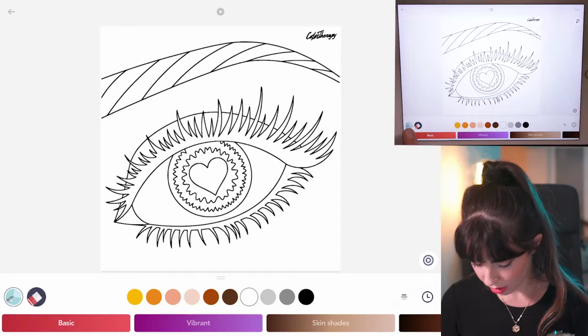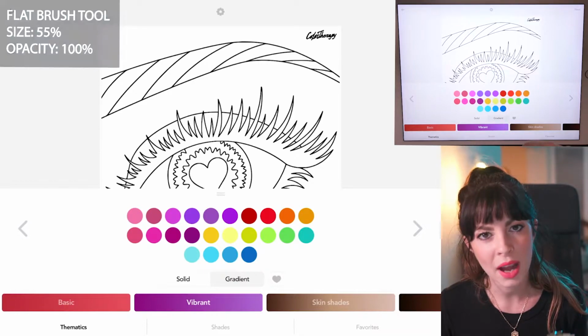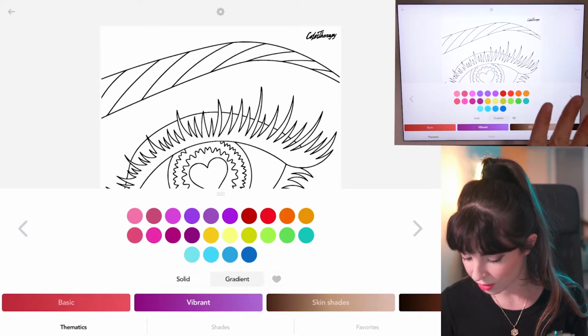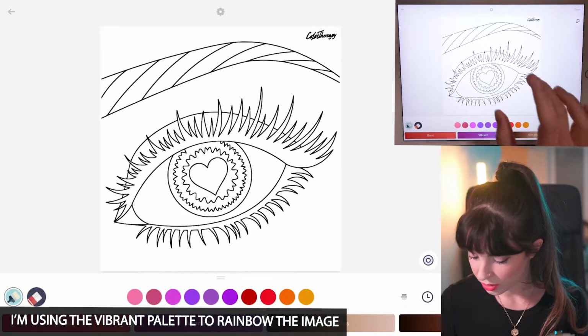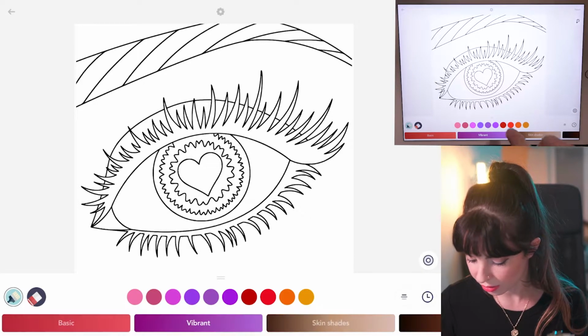So let's start off with the flat brush tool. Let's do size 55 and opacity at 100. Then I'm going to be using the Vibrant palette. I like this palette because it's kind of just a rainbow of colors. So it's actually pretty simple. Let's just make sure that coloring inside the lines mode is set to off